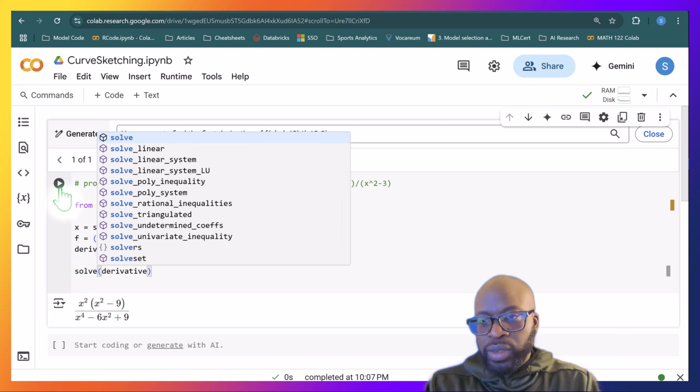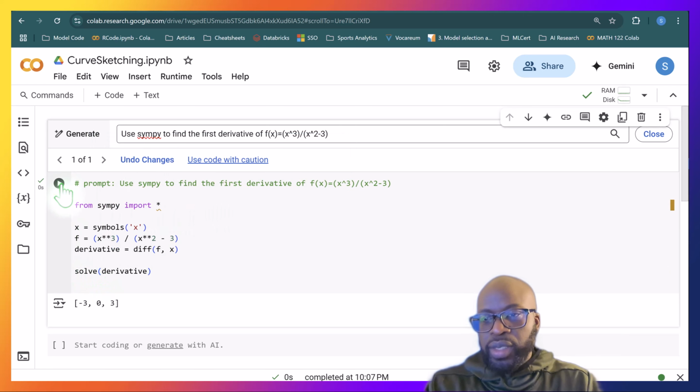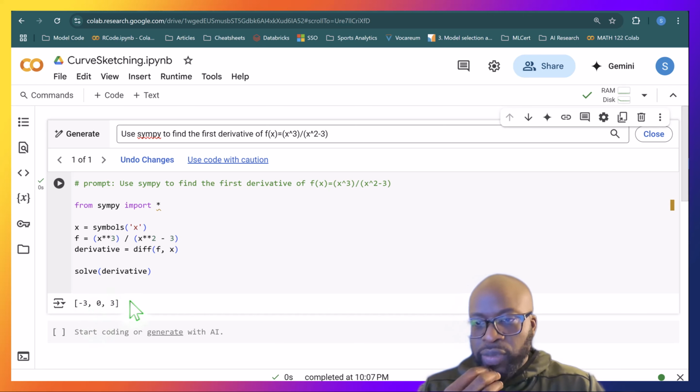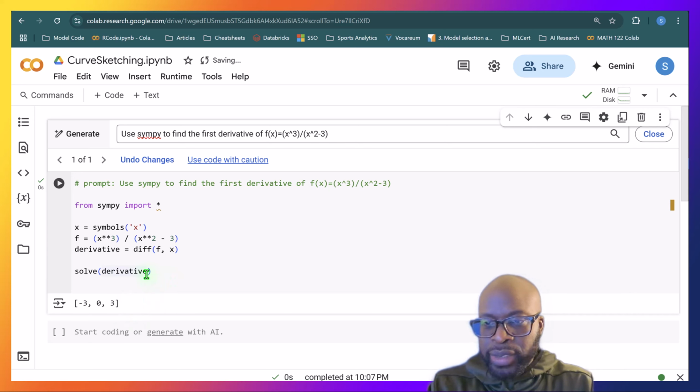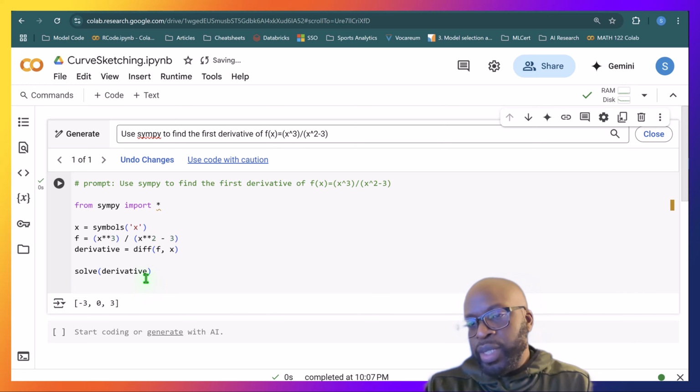And that's going to get you the zeros of your first derivative: -3, 0, and 3. Right? Those are the zeros of our first derivative. Okay? So hopefully that is very clear. Okay? To find the zeros of our denominator,